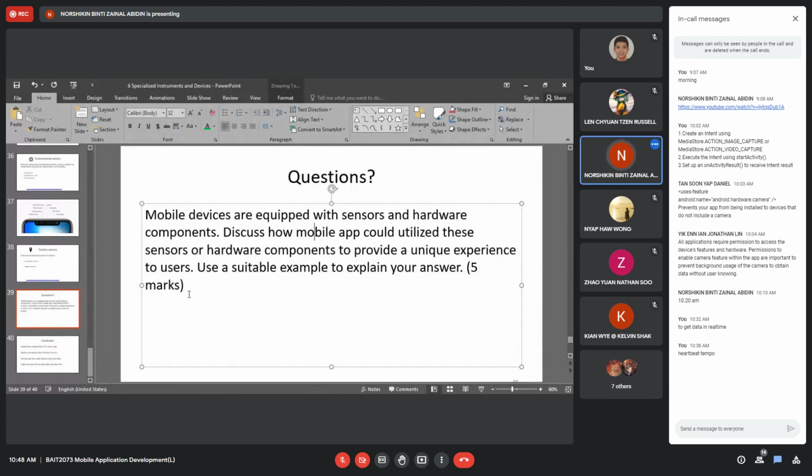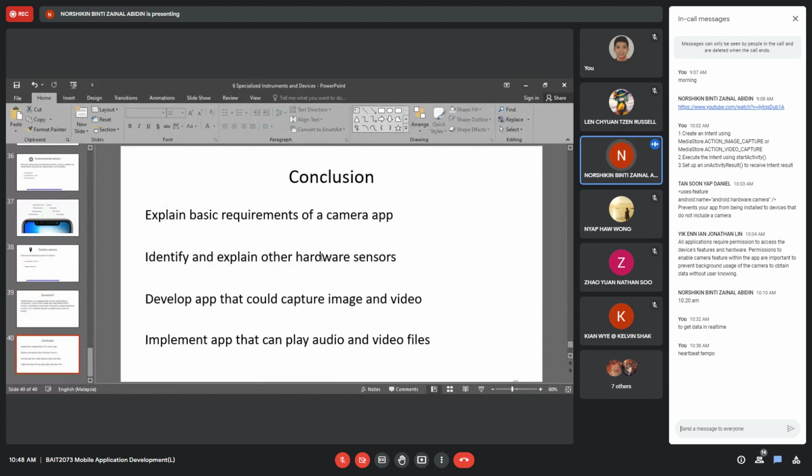So yeah, that's the end of this chapter. The conclusion is: explain the basic requirements of the camera app, identify and explain other hardware or sensor apps that could capture image and video, and implement an app that can play audio and video files.